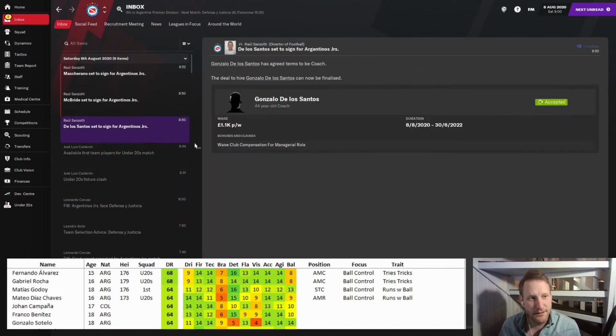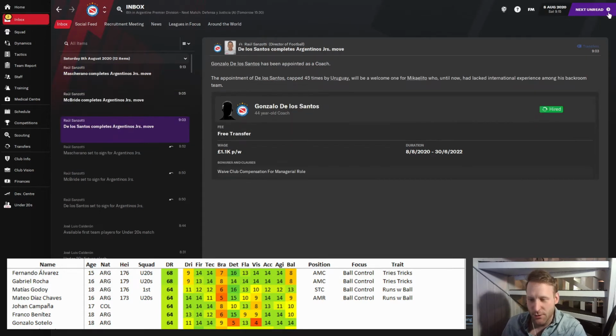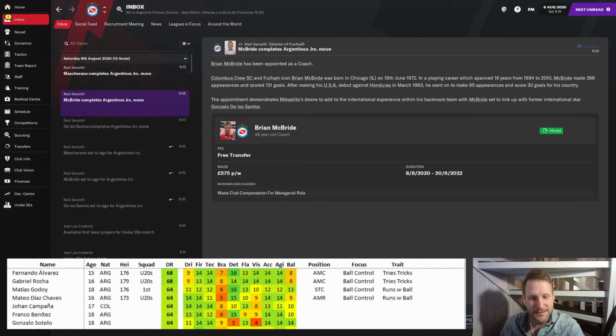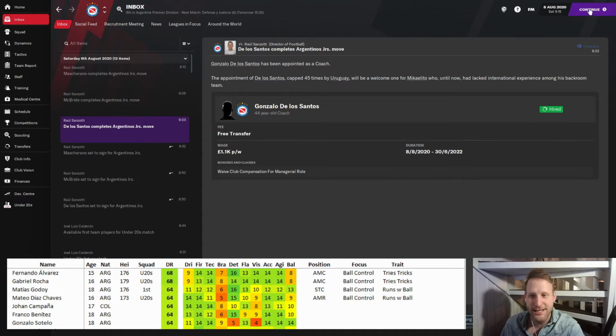Let's see here. De Los Santos signs, as well as McBride and Mascherano. So you want to make Maradona who looks like Vinnie Jones, a reverse Banshaw. Yeah, you could say that. So Brian McBride comes in, Javier Mascherano, and Gonzalo de los Santos.